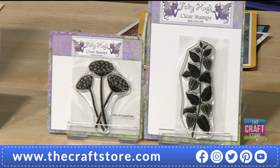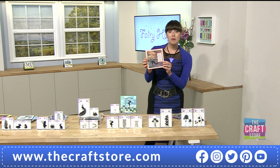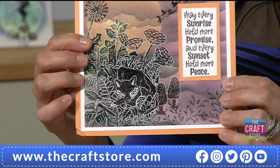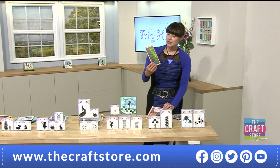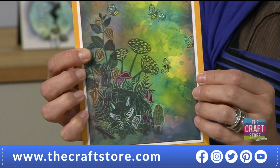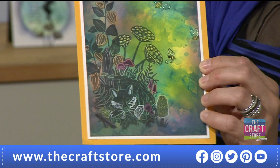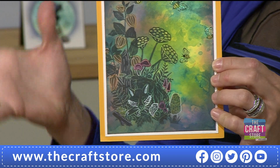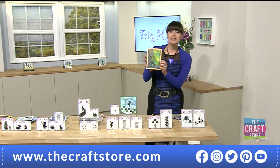Oh, this is gorgeous. This one is by Ronnie. And it's really nice with the black emboss, isn't it? Look at that. That's stunning. Again, it makes it so magical. And here we go. This one is also by Ronnie. And look, she's coloured the little bees in with a bit of glitter. But you've got those seed pods there. It's nice for using all the foliage together, isn't it? With the fox den. You see how they all work together really well. 100%. Love that. £13.99,